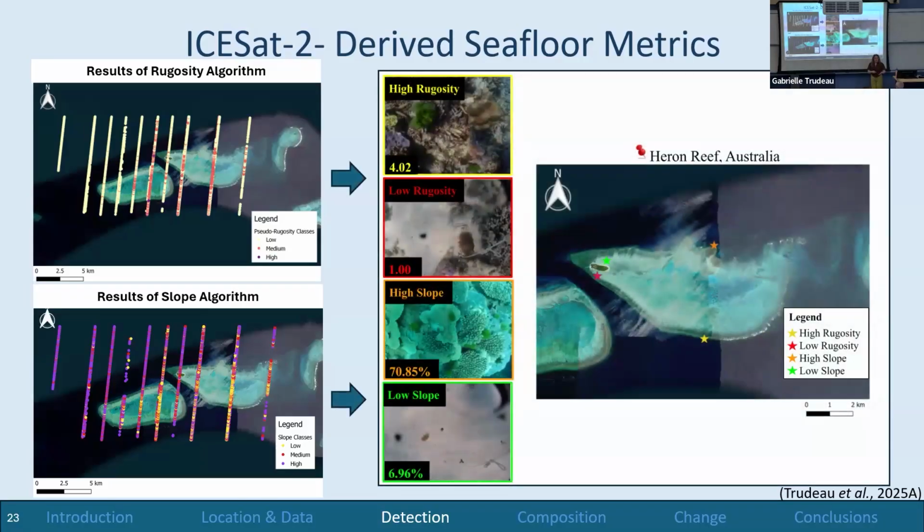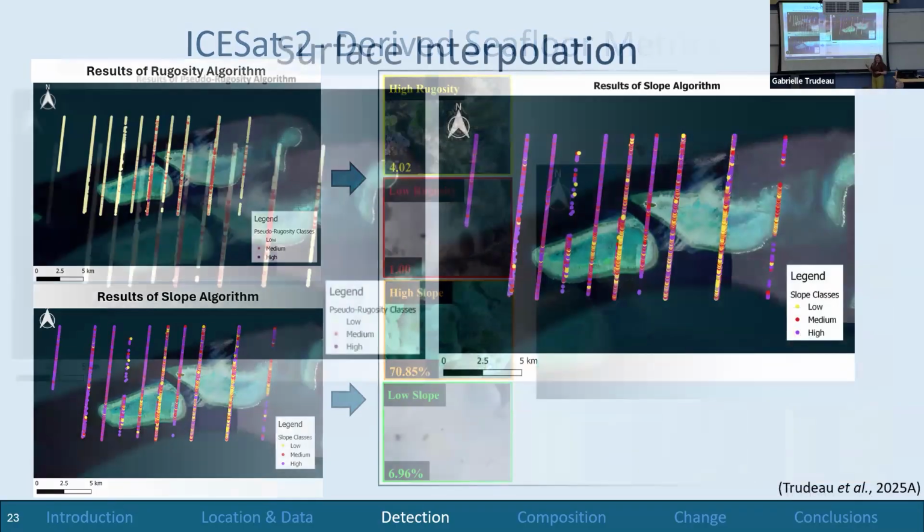In order to assess that the values I've gotten actually represent what I want them to describe, I've done a qualitative assessment as well. Those photo quadrats we talked about, I'm going to take those and georeference them with some of my different values. So I've taken a high rugosity, a low rugosity, a high slope, and a low slope. And I can see that the values I've gotten actually describe the seafloor that I want them to describe, which is awesome. So we're going to carry this data set through the thesis.